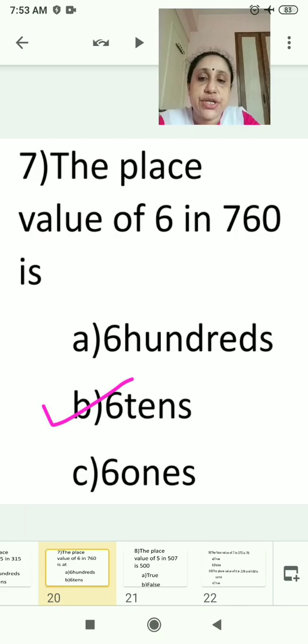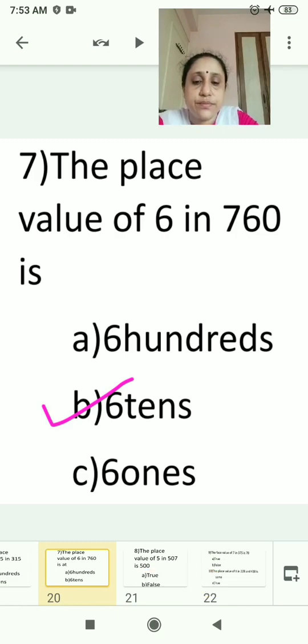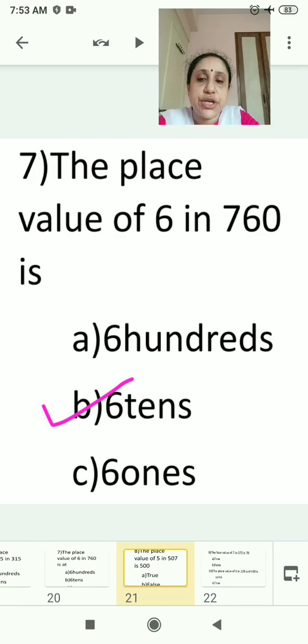Now question 7, the place value of 6 in 760 is at, see, you have to find the value of 6 in 760. 6 is in 6 tens place. Got it? Now question 8.